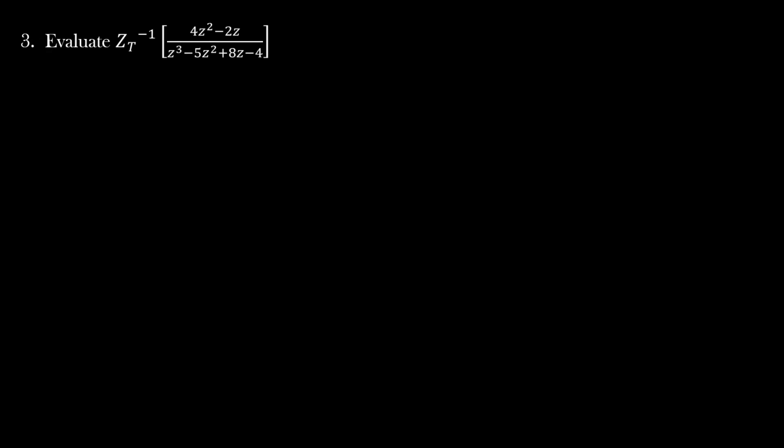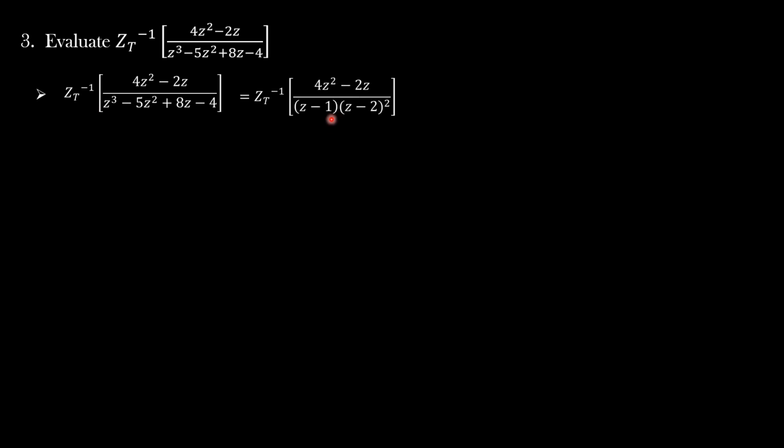Next problem. Find inverse z transform of (4z² - 2z) divided by (z³ - 5z² + 8z - 4). In order to reduce it into a standard form of inverse z transform, we just factorize the denominator, so that we get inverse z transform of (4z² - 2z) divided by (z - 1)(z - 2)²